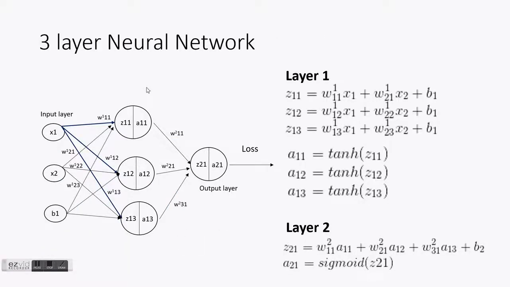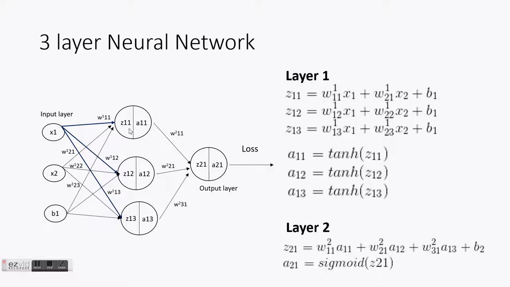So here again I'm just going through the three-layer neural network which we had seen in part 3. You have two inputs x1, x2 and a bias, and the weights for the input x1 are W11 superscript 1, W12 superscript 1, and W13 superscript 1. Similarly for x2, we have weights W21 superscript 1, W22 superscript 1, and W23 superscript 1, and then we